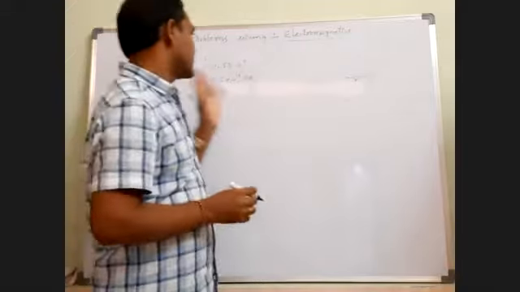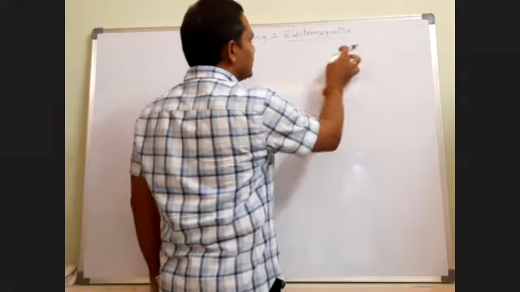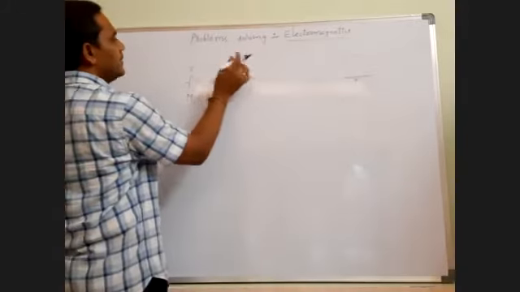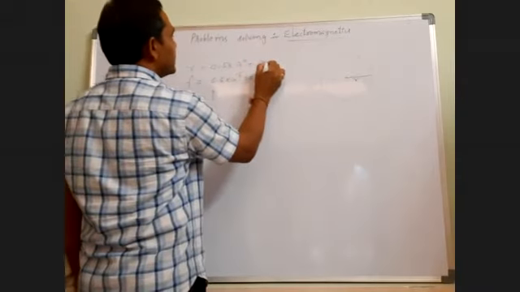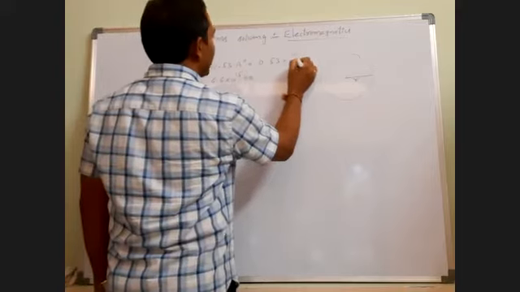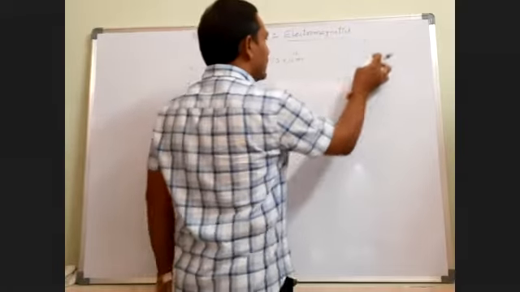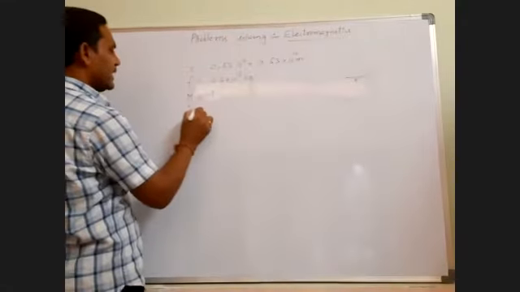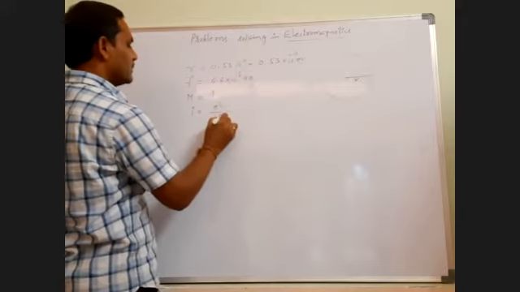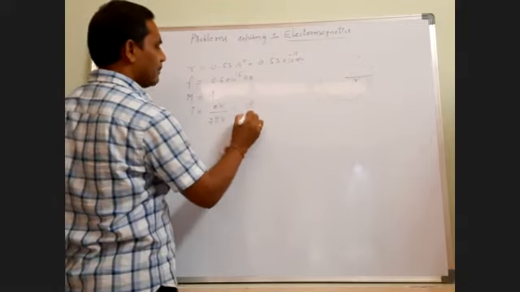So this is what we have to calculate. Here the electron is revolving in a circular path of radius 0.53 angstrom. Changing into meters, 0.53 into 10 power minus 10 meter. Due to the electron's orbital motion, what is the equivalent current? I is equal to ev by 2 pi r, or you can write I is equal to charge by time period.